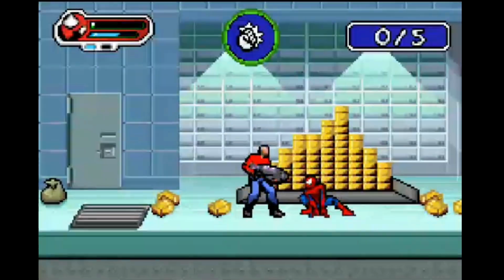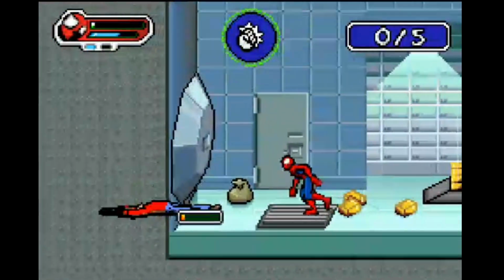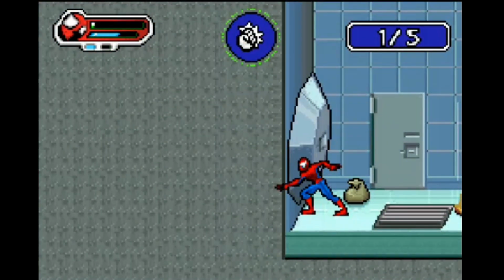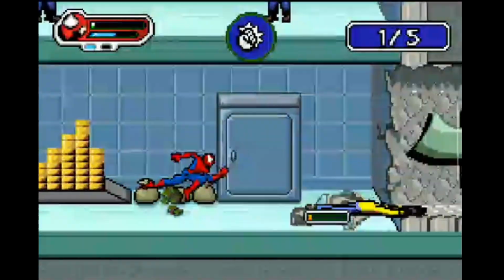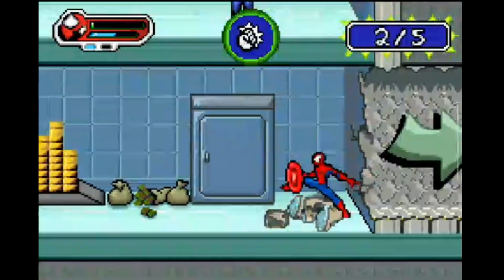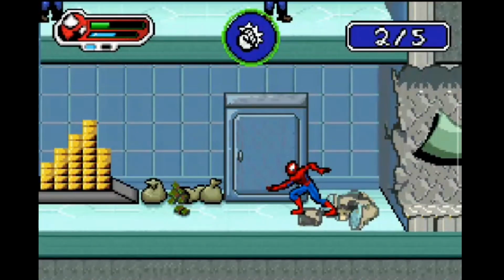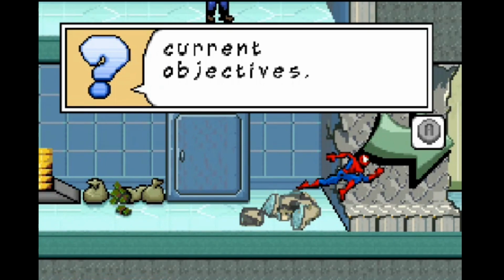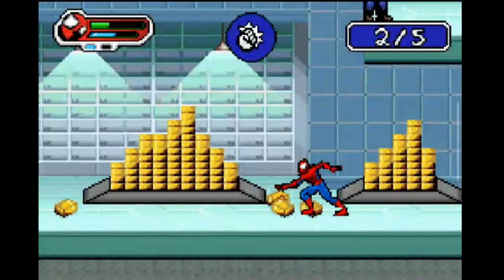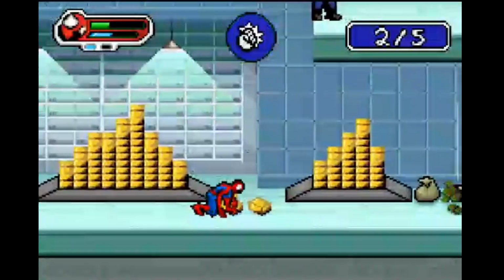Moving on to Spider-Man then, he plays pretty much as you would expect him to. Web swinging, web shooters, he's got his punch, his kick, his wall crawling, and you are able to replenish web fluid throughout the levels, finding small blue discs scattered around,